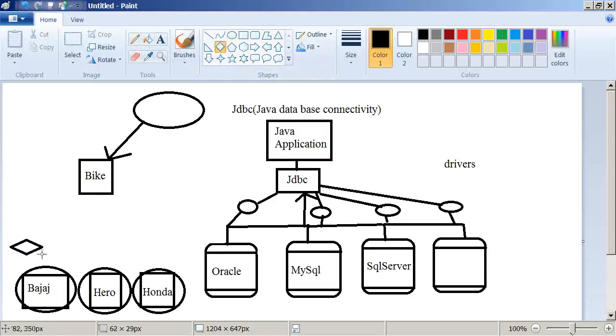So here, this is the bike. Pulsar or something, whatever you talk about, this is a bike, implemented by whom? These company people. Different company people are giving you different bikes, yes or no? But all bikes will be implemented based on the same specification. Getting what I'm trying to explain? Did you understand this